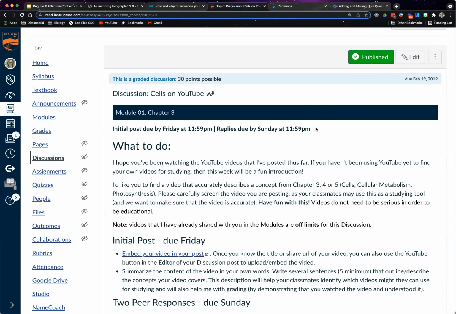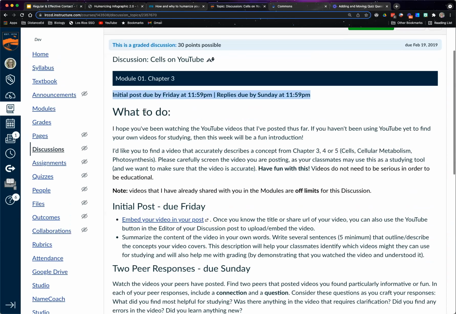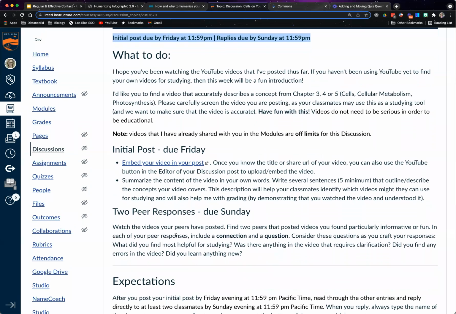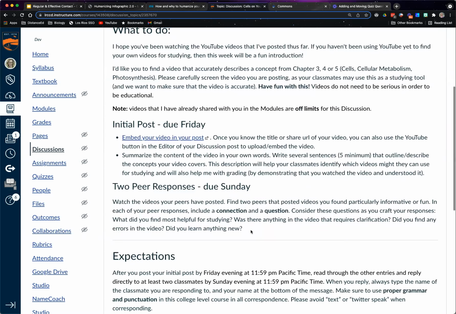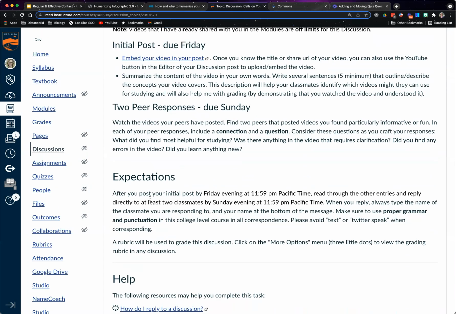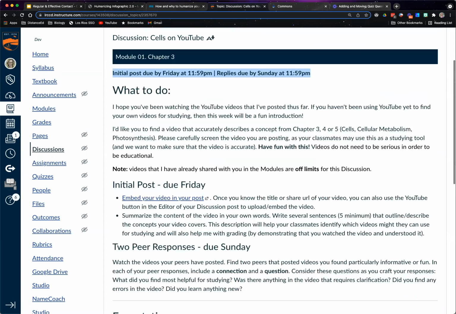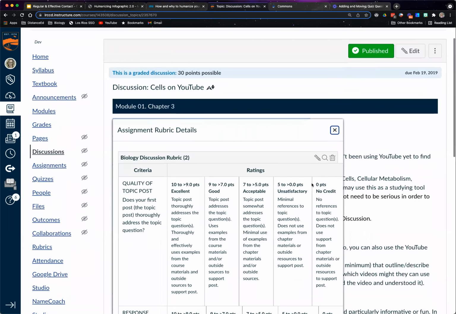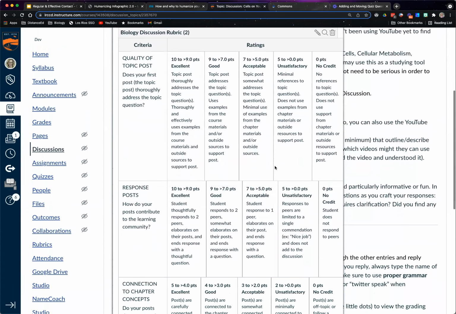But basically what we see here is that we've got the deadline really clear right at the top. We've got an introductory section, specific instructions for the initial post and the peer responses, and then expectations, right? What we expect of them and when they should be providing these 2 posts. And then you can add a rubric here. If you don't have a rubric already, this will say add rubric instead of show rubric. So if I click on this, my rubric is pretty